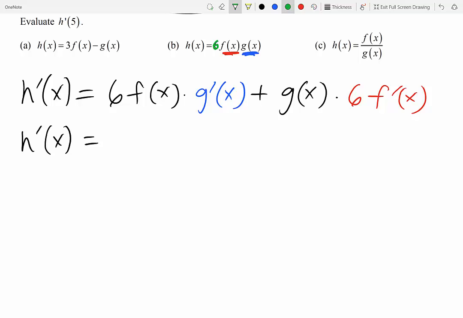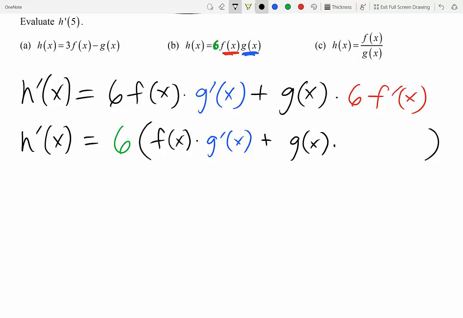In my opinion, this makes the problem a lot easier to work with because now, let me just keep this 6 out of here. And now when I use the product rule, I can simply use first, f of x, times d second, g prime, plus second, which is g of x, times d first, which is f prime of x. Now if you notice, compared to the way we did the problem before, the results will still be the same. The 6 is going to multiply both of these terms eventually, but in this method, we can save the